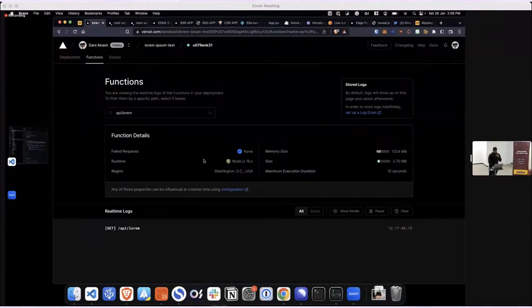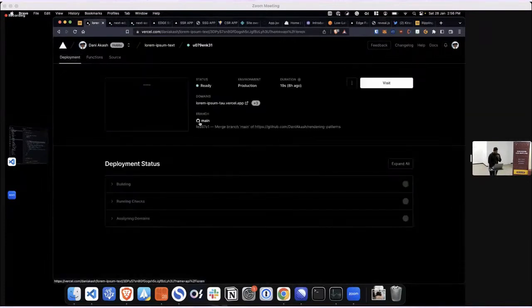What I also did is I built one small API. This API is built with Node.js. It's right now hosted in Washington, DC, US. I just made sure I put it in a region that is very far away. Now this API basically gives some lorem ipsum text whenever I go to that API. So let me go to API